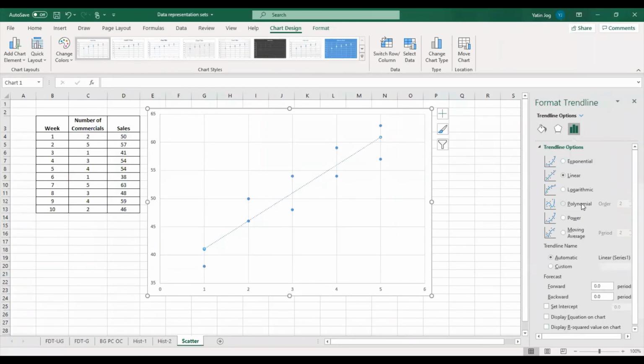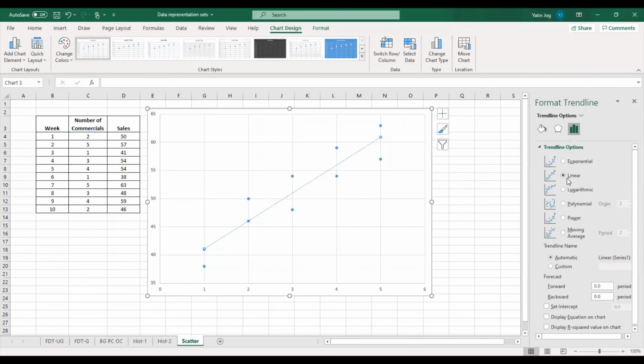Now we are not going to discuss non-linear relationships in this course. This is a basic course, so we are going to discuss only linear relationships. Linear correlation and regression, everything will be based on linear relationships. But if you want to go ahead, you can try out the other options like exponential, logarithmic, polynomial, power and moving average trend lines.